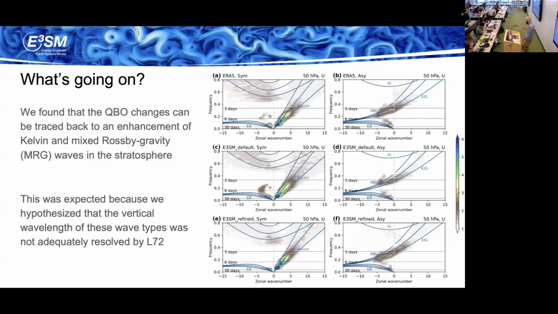The way I've been thinking about it, for both of those things, enhancing the vertical grid is allowing either of those processes to exist, however they're going to exist. And in V3, the tropical wave spectrum is much better than V2. These results are all V2, but looking at V3, it's not all that much different. The QBO behaves about the same. So it seems like the change in the tropospheric wave activity doesn't have as big of an impact as you might expect. Oh yeah, that's a good point. So there's probably some in situ generation of the wave, because when I said the intense wave propagating from down below, I was thinking of V3. Yeah, you are right.